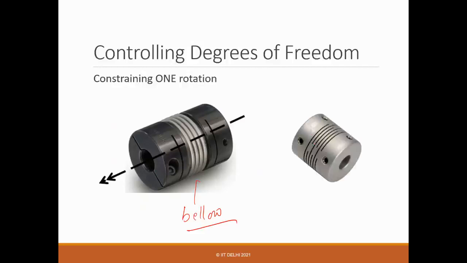Another embodiment is also a coupling, but you can see it's a series. You can see there is a slit. You cut it, and then you leave a little connection here, and then alternately you do the same. So you will get a zigzag kind of thing, and that will also give you, from the top it looks like